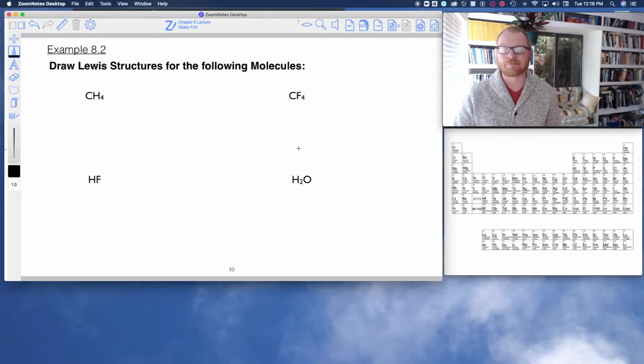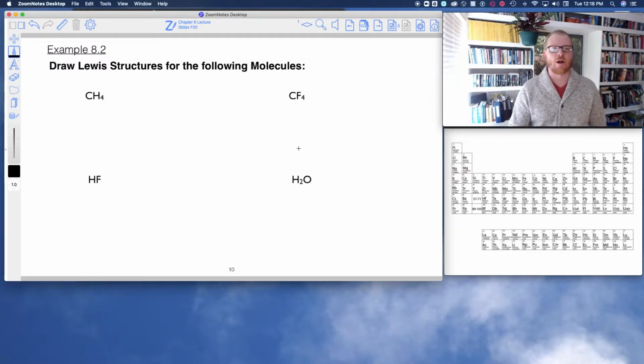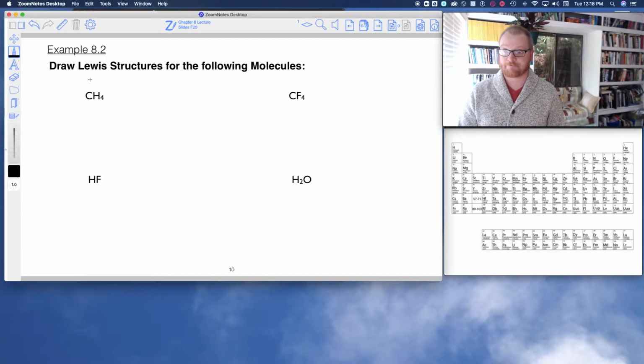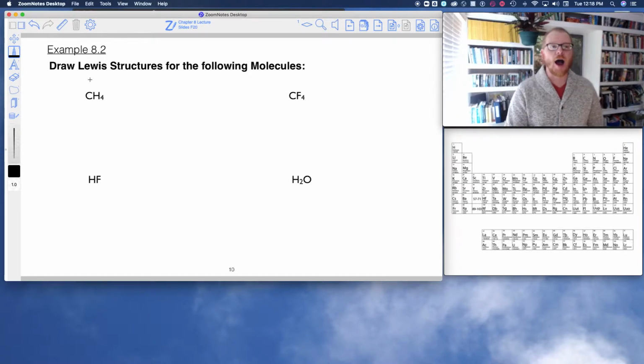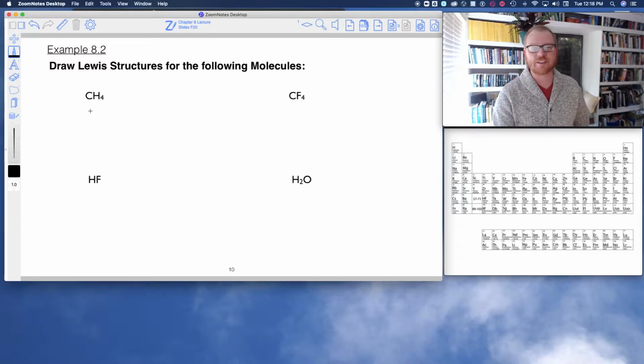Okay, so let's apply it. Draw Lewis structures for the following molecules. The first one we're going to do is methane, okay? And I will walk you through this example of how I get it. All right? And then for the other ones, I'm going to put the tunes on, and I'll work through it